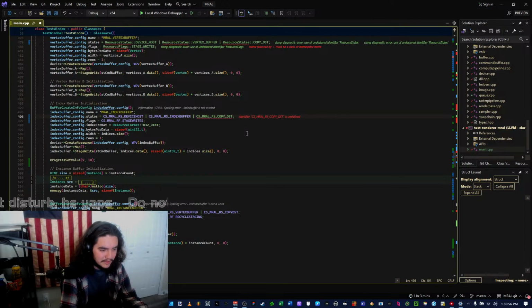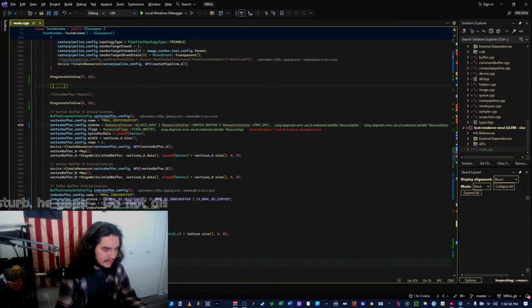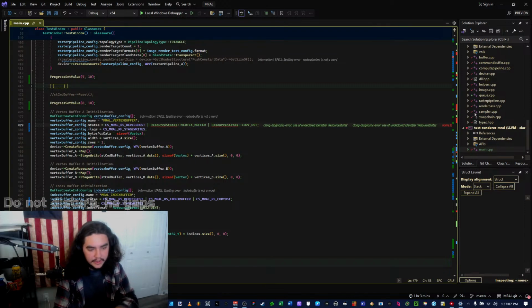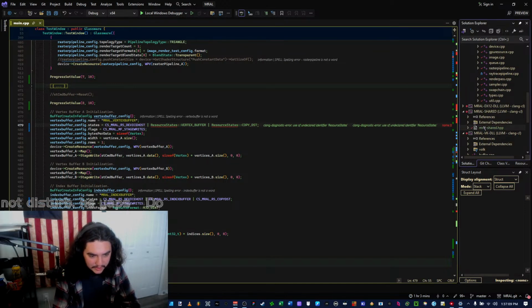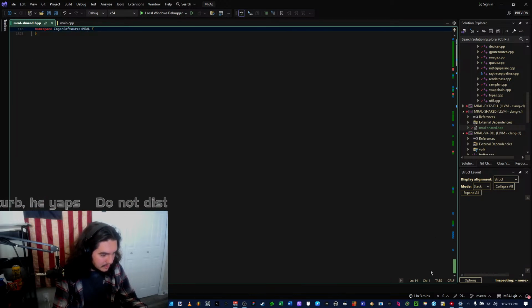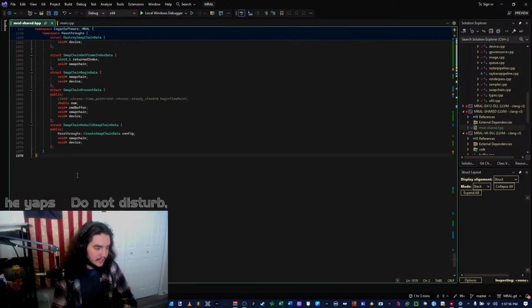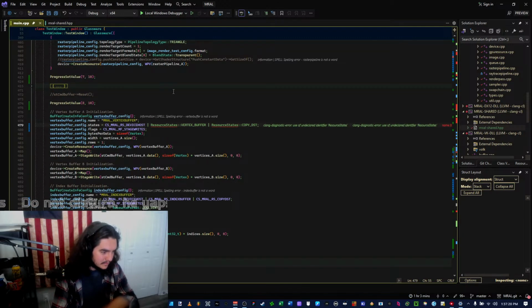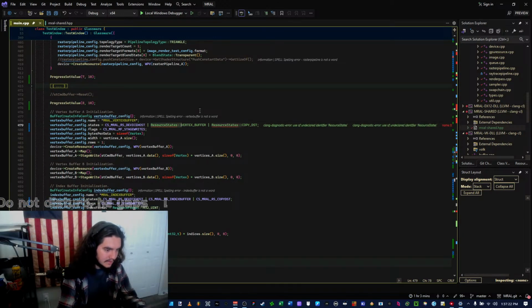It doesn't do that complex stuff. I could show you just the shared header file. Let me pop this open. This one header file is 1.8k lines long. Absolutely beautiful.